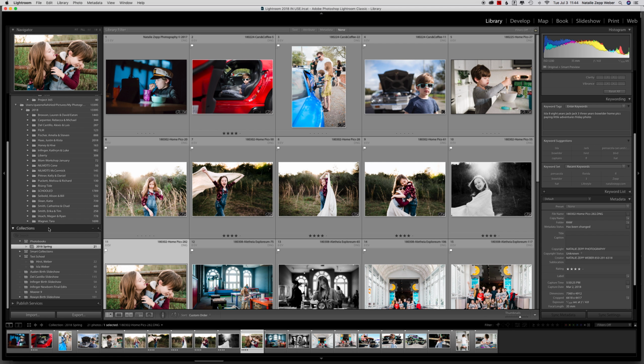Collections are also going to set you up for syncing images between Lightroom Classic CC, which we're in right now, Lightroom CC, which I'm going to show you later, and the Lightroom mobile app, which is called Lightroom CC in the App Store. Collections are the only things that sync back and forth,